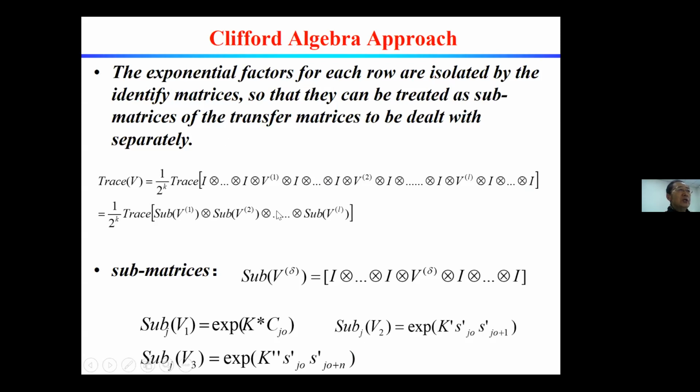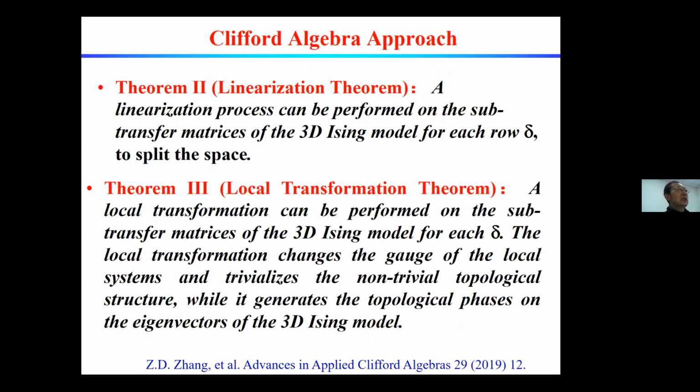It means we first expand the 3D system to be a 3 plus 1 dimensional system. Then we separate all the planes to be a quasi-2D system. There are many sub-systems. Then we prove the series. Due to the time limit, I cannot introduce in detail how we prove it. We prove the second one is the linearized series.